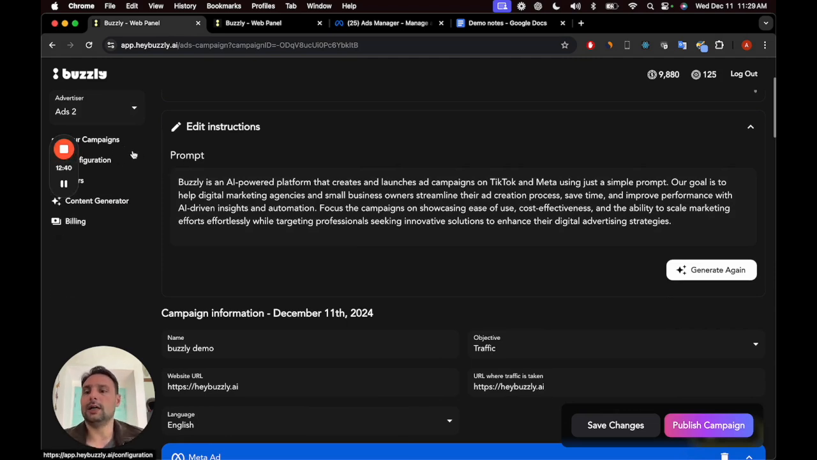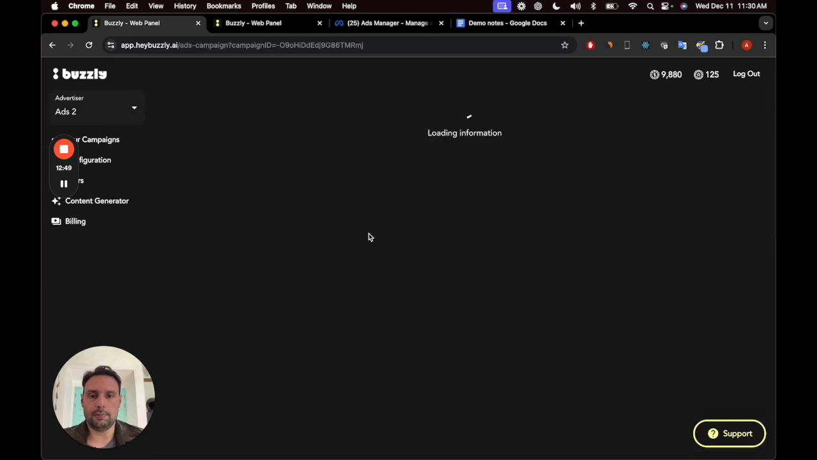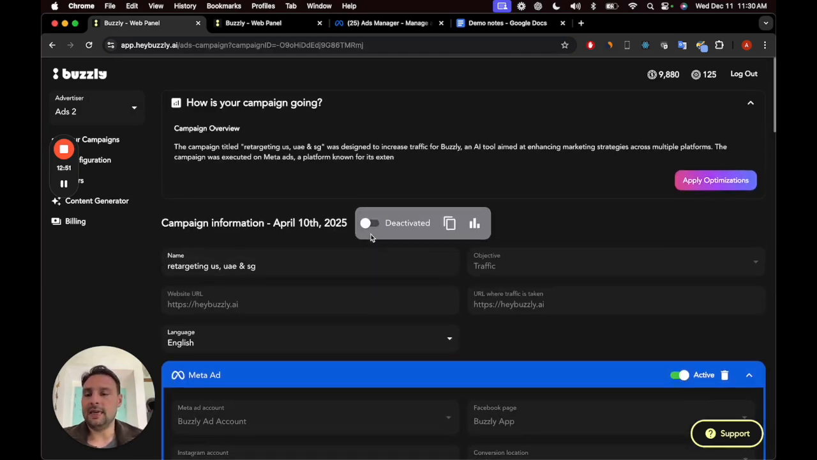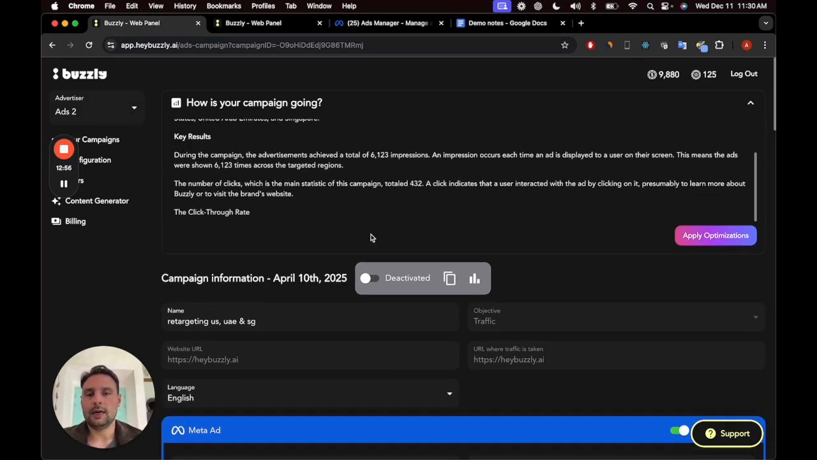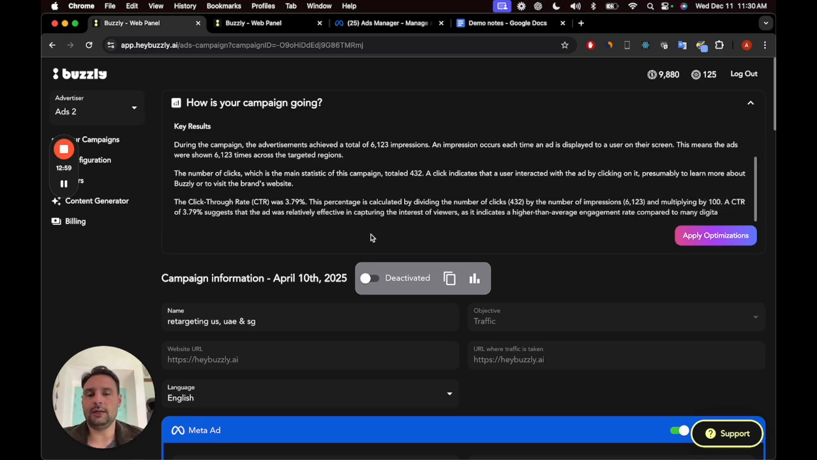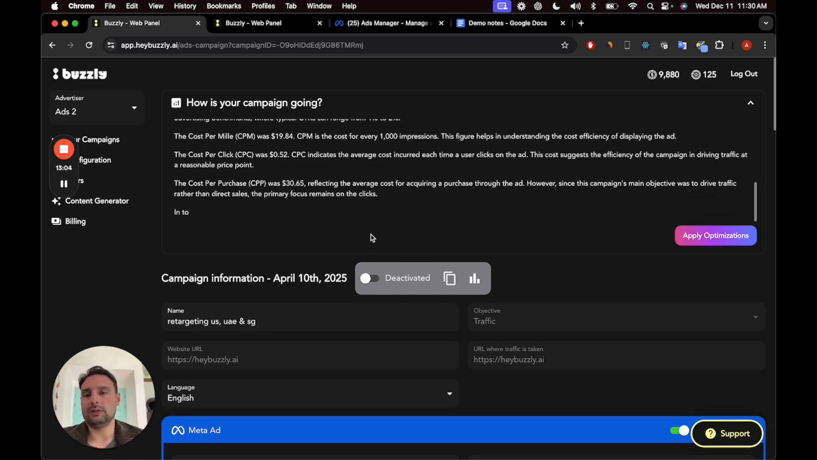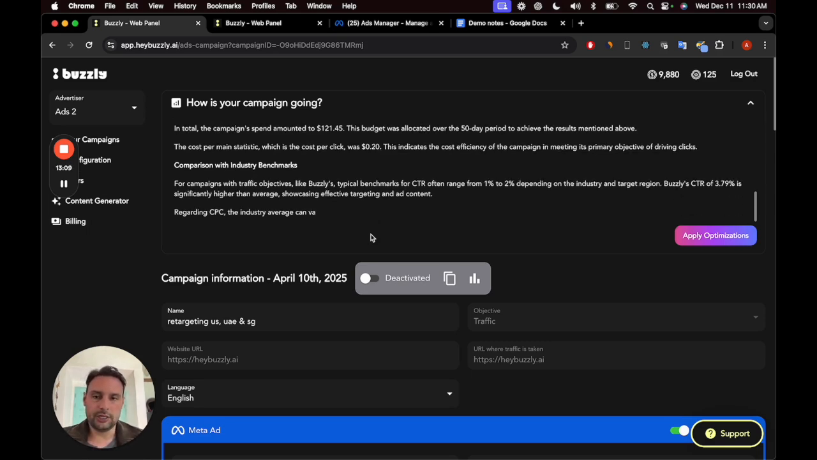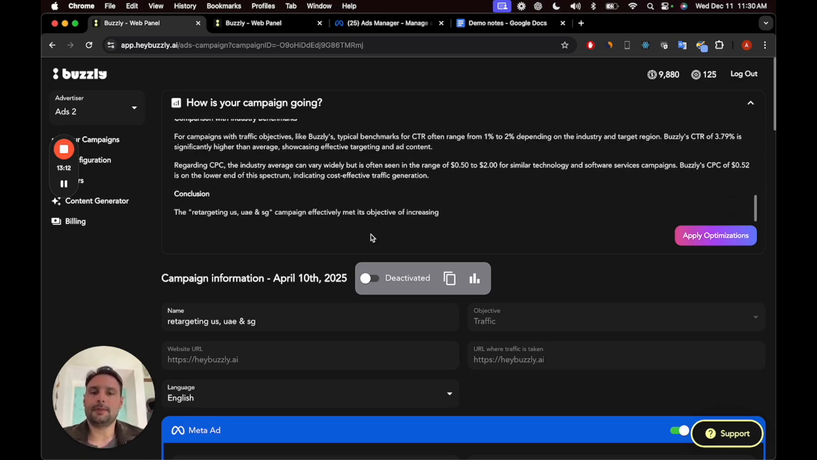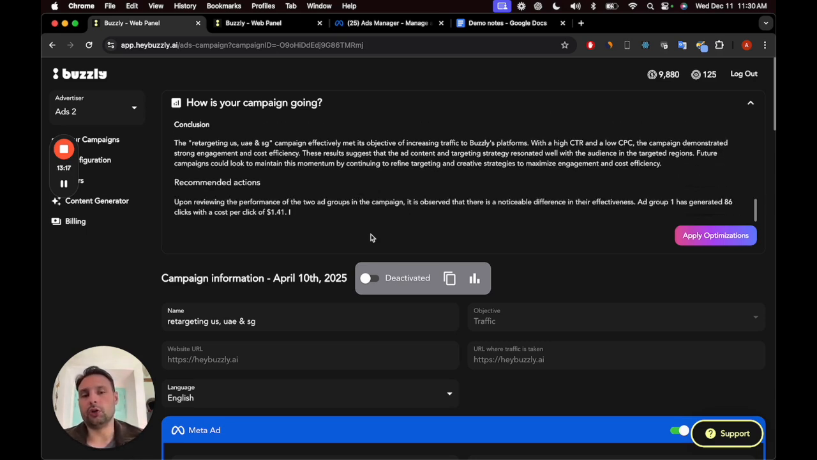Now we're gonna see how Buzzly can help optimize existing campaigns. So we're gonna choose this campaign, and the AI is gonna fetch all the KPIs and all the results from this campaign, and it's gonna digest them to the user in a very user-friendly, understandable way. So it's gonna explain what was the cost per mil, what was the cost per click, what was the cost per purchase or CPA,